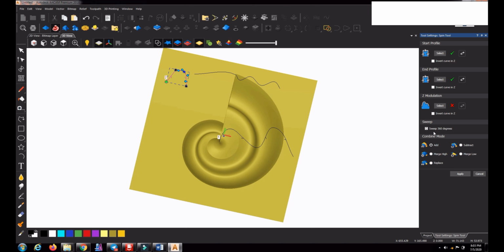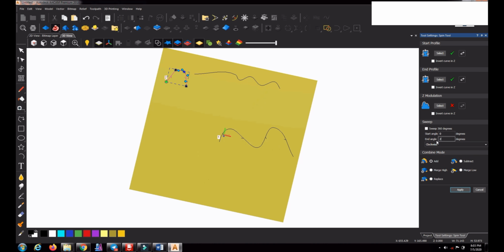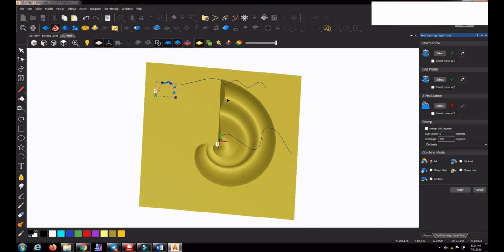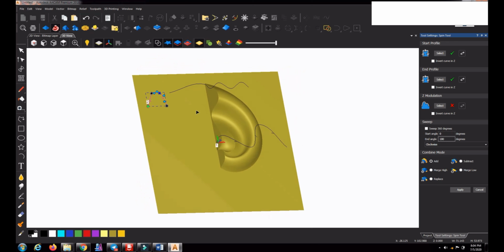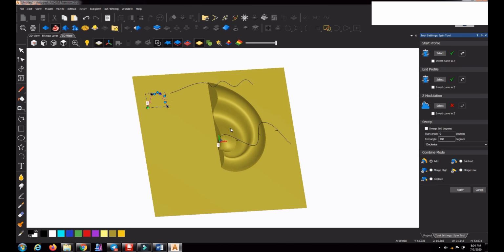You can see the sweep is 360 degrees, which means it will go the full 360 degrees. Suppose you want only 270, you can give the value 270, and you can see it only rotates 270 degrees. Or 180 means it will only go 180. The starting profile is this one and the end profile is this one, as per the vectors we selected.